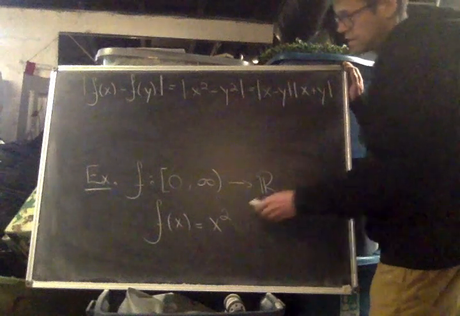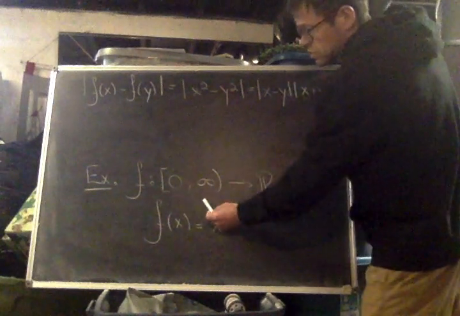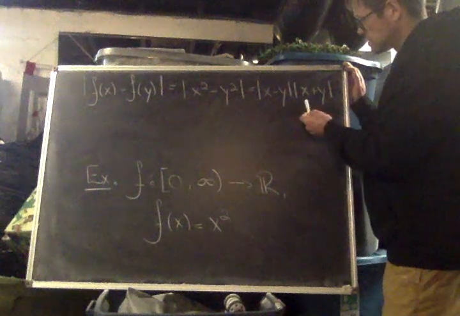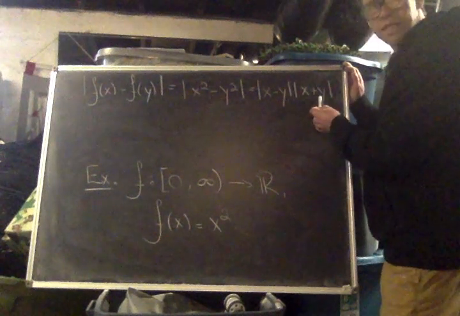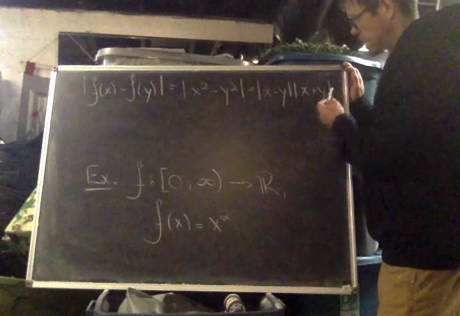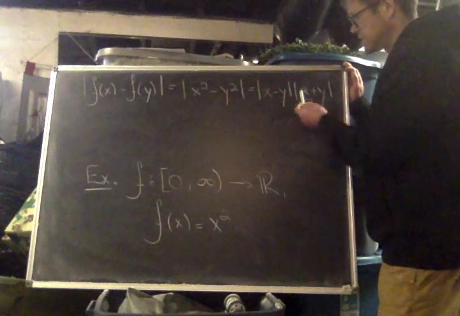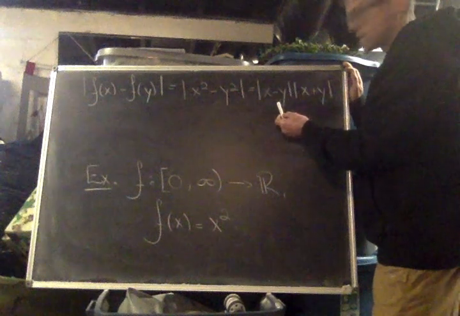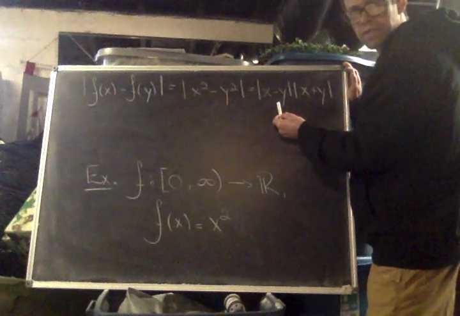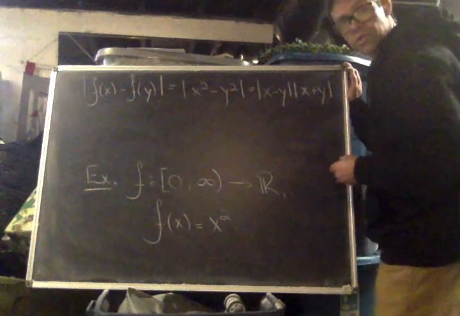And that domain is all the real numbers from 0 to infinity. So this could be 17 million, and this could be 17.5 million, which makes 34.5 million right here, which means that this has to be strictly less than 1 over 34.5 million to make the whole product strictly less than